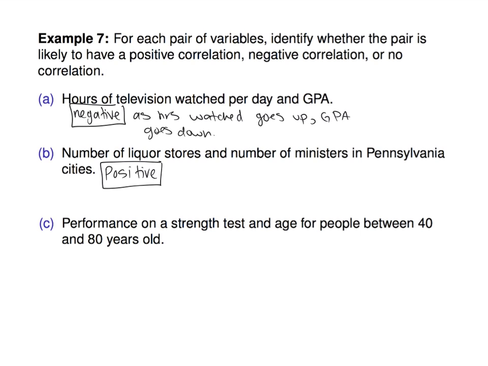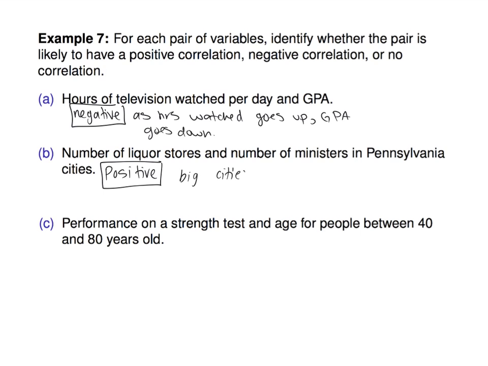The reason that I would say is that if the number of liquor stores goes up, the ministers may also go up, because you've got a big city. Does that make sense? So the big city variable might be confounding things a little bit. Also, liquor stores and churches are both in poor neighborhoods. Yeah, it's completely possible. There might be more than one explanation, but my explanation might be that